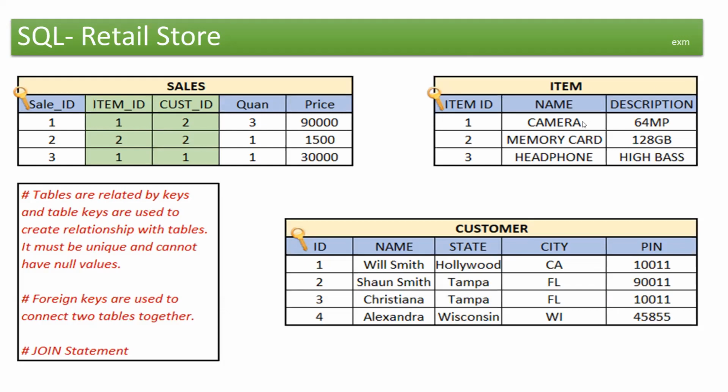Every item, whatever you see here, item or customer, these all will be maintained in separate structures. If I have to explain it in a more granular way, an item will be broken into 3 different sections: item with item ID, item with name, item with description. Similarly, the same thing will repeat with the customer section, with customer ID one section, customer name one section, customer state one section, and there will be like 1, 2, 3, 4, 5 different customer sections. And these all are merged to your sales database or the screen.